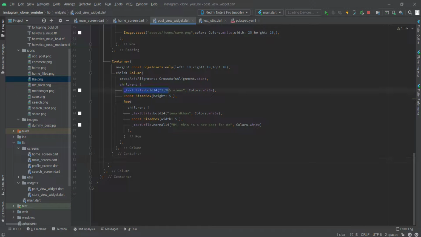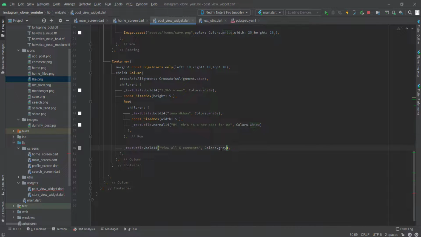For that I can just copy this, and right below this we can define like this: view all 6 comments